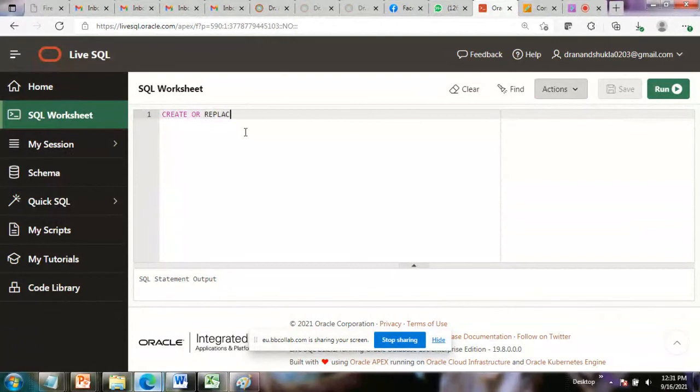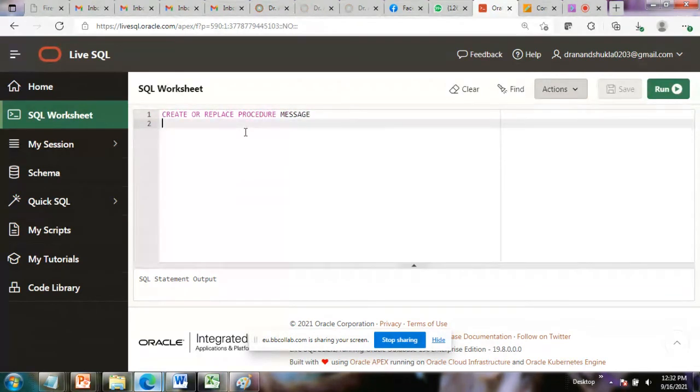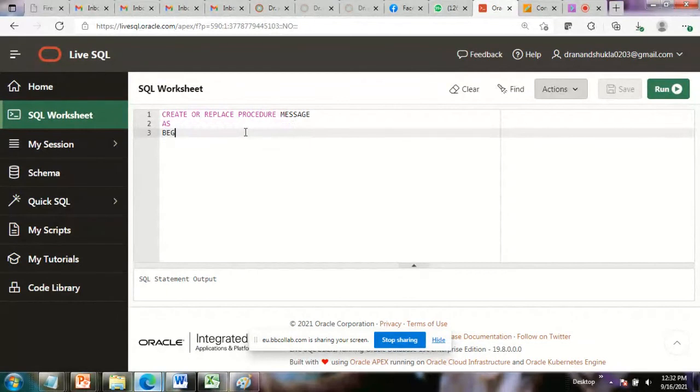Create or replace. Fine. What should be the name of the procedure? Write the spelling: procedure, message. You have to be very careful about the spelling that you are using. As or is, begin.